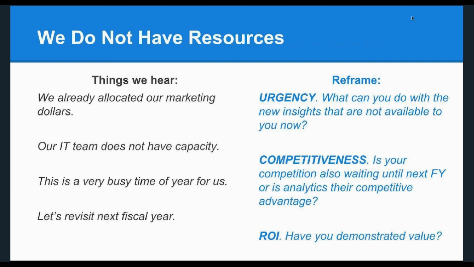The other one is competitiveness, right? What is your competition doing? Is the competition also waiting until the next fiscal year to use the data to outperform what you are doing? There are a number of tools that you can use to see what competitors are running. We actually have our own product, Tag Inspector, where we put together reports to identify what tools and technologies Fortune 500 companies are using, or what tools and technologies are being predominantly used in the Retailer 1000 list. So we can know what is being used across the board and specifically by the competitors.